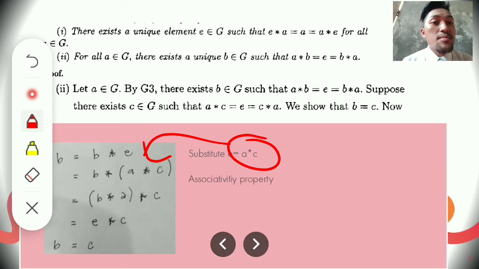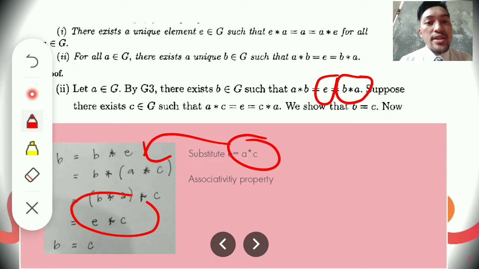By using the associative law, we can move our parentheses, so that would be (b star a) star c. It states in number 2 that b star a is equal to e, and e is the identity. So when we operate e on c, recalling from number 1 that the element doesn't change at all, we will have c alone. So therefore,